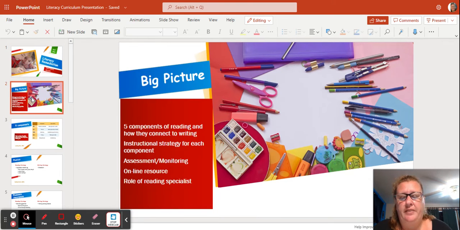So today we're going to talk about the 5 components of reading, instructional strategies for each component. We're going to talk about the importance of assessment and monitoring. I'm going to make an online resource suggestion, and then also talk about the role of the reading specialist and